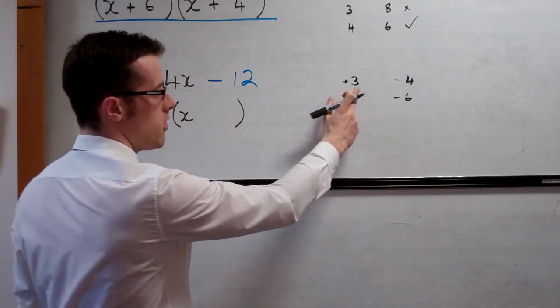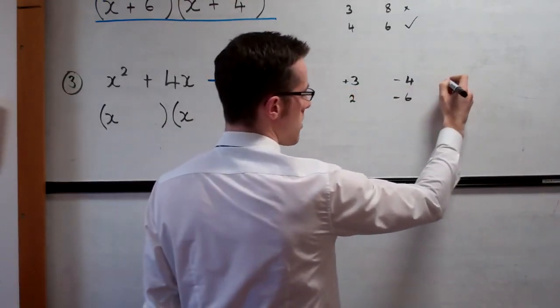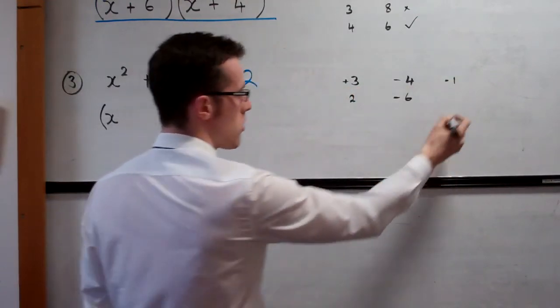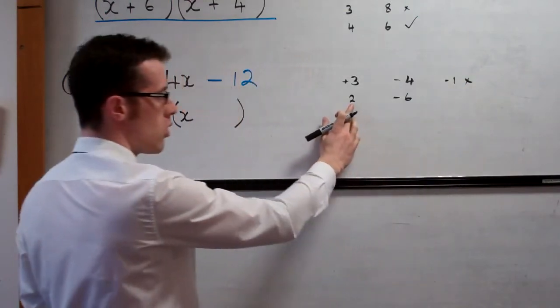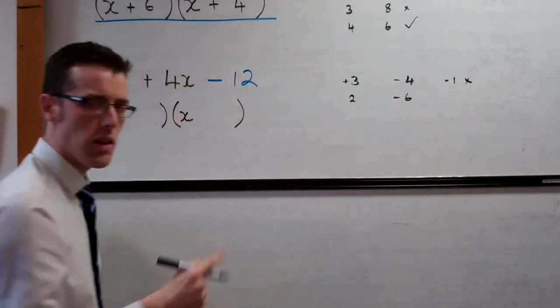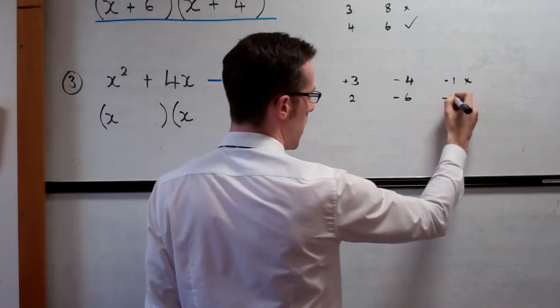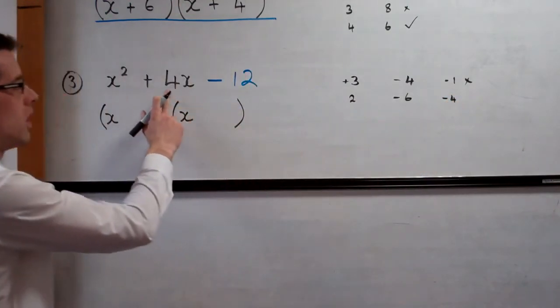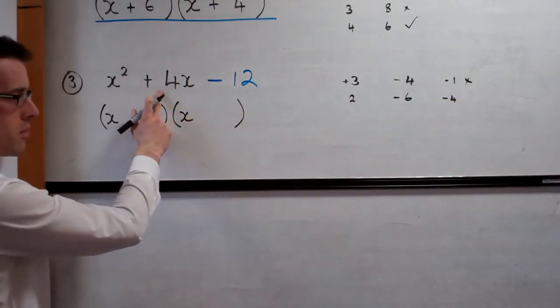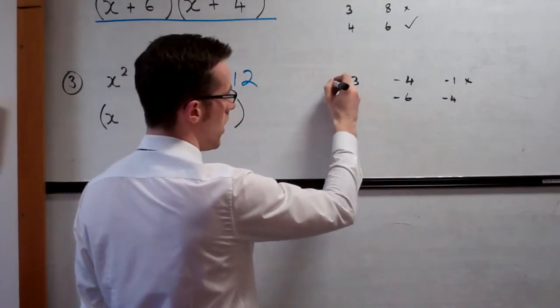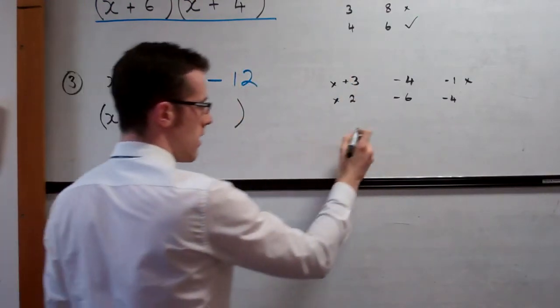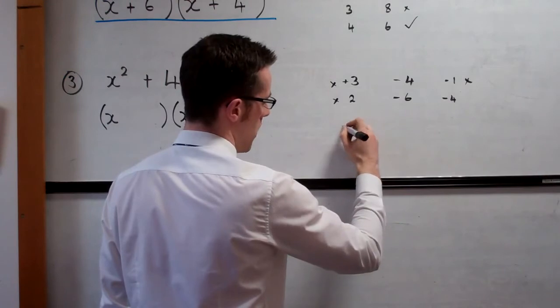So positive 3 and negative 4, that gives us negative 1 if we add it, so that's not going to work. 2 and negative 6. Now if we add those together we get negative 4. Now wait a minute, is that not what we're looking for? Positive 4. So these two don't work right now, but if we did this and we said we had positive